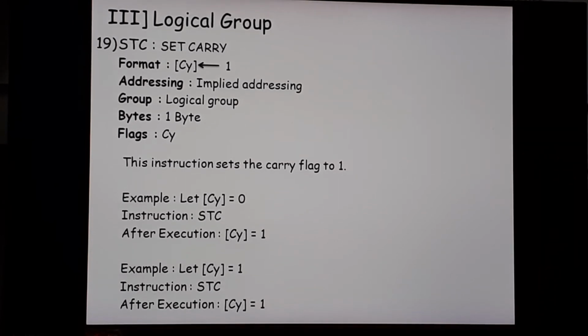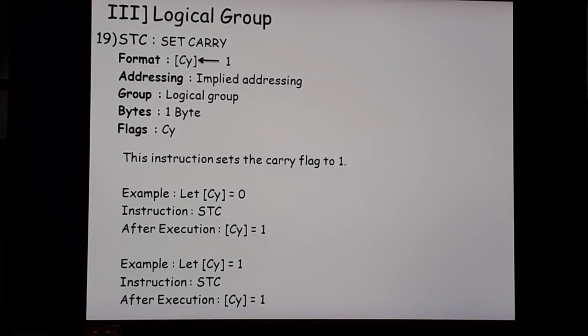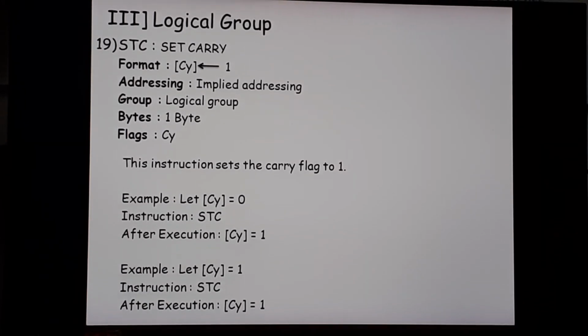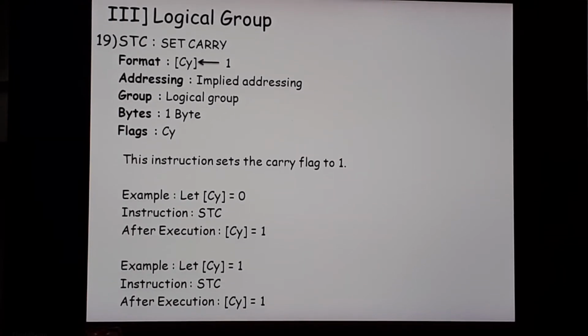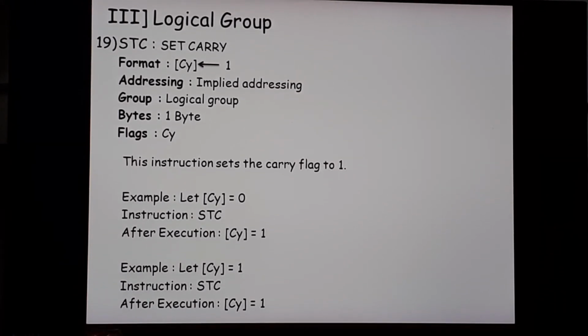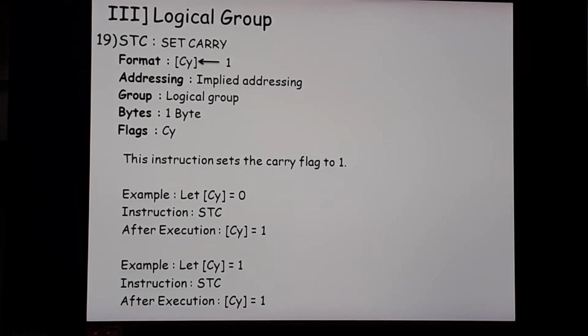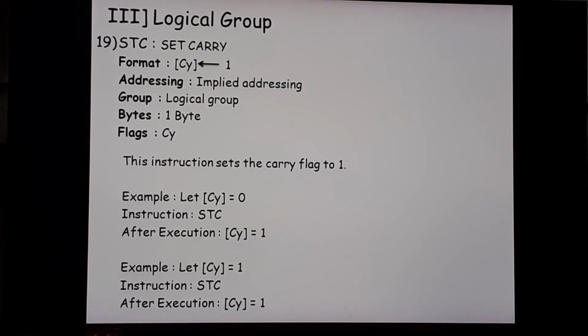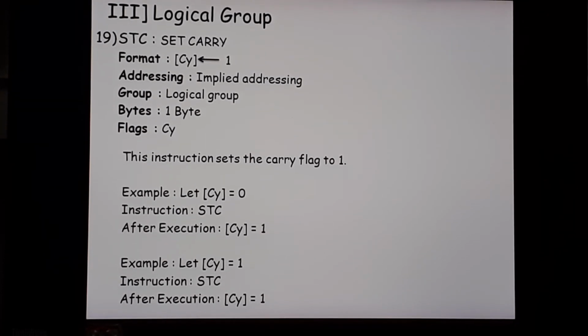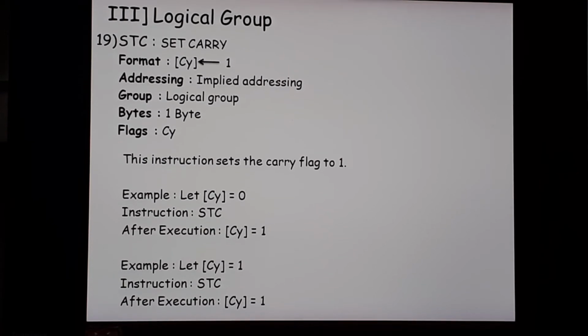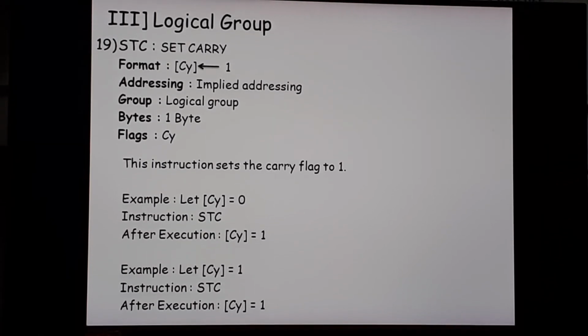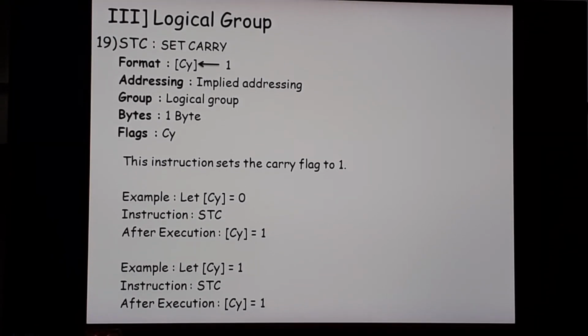Okay, so the explanation that you will write for this instruction is, this instruction will only set the carry flag to 1. And again I am telling, if you consider the carry flag is already 1, what you will write after executing this instruction is that the carry flag is also 1 again. Why? Because you will not change anything in that. So for the example, I have taken, let CY is equal to 0. I have taken both examples to show you all. So let CY is equal to 0. The instruction is STC, which stands for set the carry flag to 1.